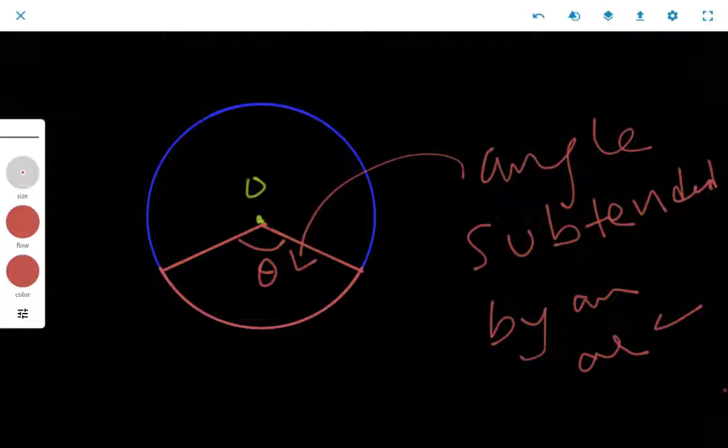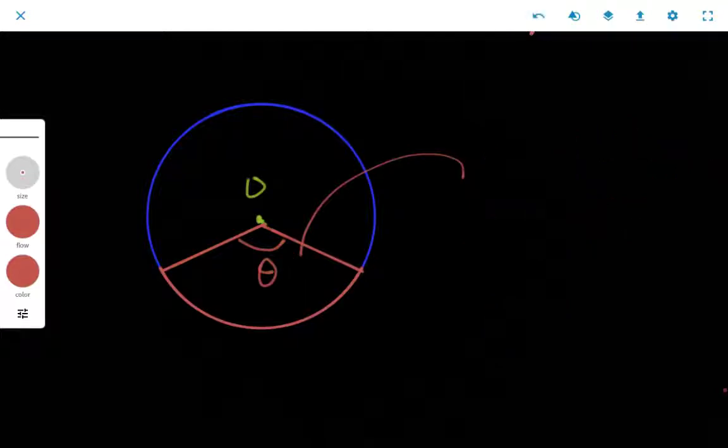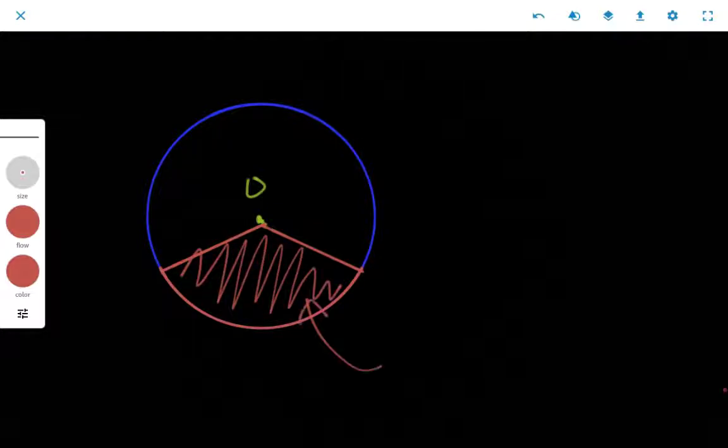Just cope with it, because if you don't learn this part, I can't teach you the other parts. Okay, now let's move on with this area. I can teach you this here only. One second, let me erase this. Yes, one second. This area is nothing but called a sector.